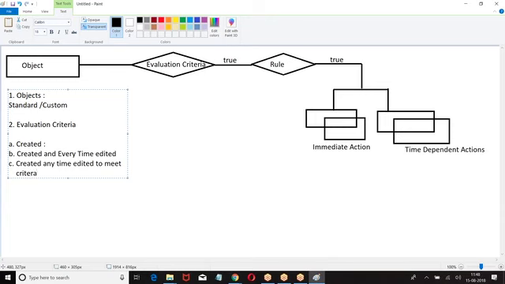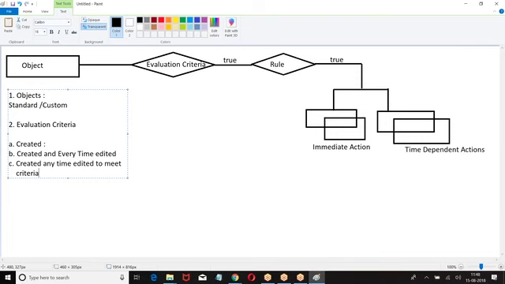So whenever a new record is created or anytime it is modified to meet the criteria. That means any one of the existing records which is not meeting the condition, if it is modified, we can do it.